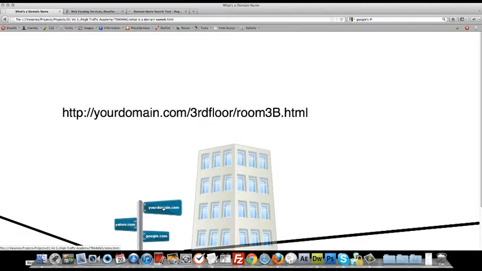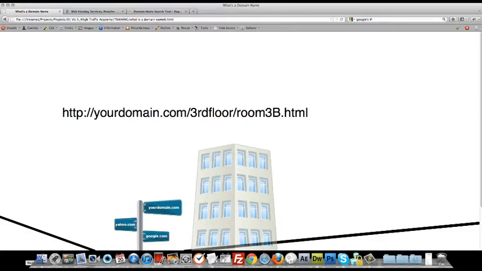What is a URL? A URL is basically, well, if your house had grown so big, right, it became a building and it's now an apartment building. Well, it has a lot of rooms now. Basically a URL is a part, just like an apartment. It has on the third floor a third room.